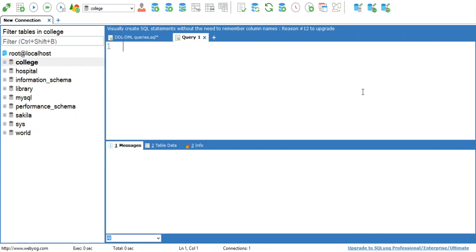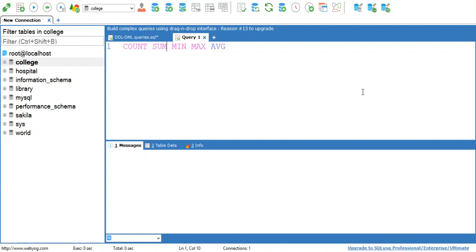So in today's session, we are going to execute queries by using the count function. These are the aggregate functions: count, sum, min, max, and average, that is AVG. So these are the aggregate functions in MySQL. Count function is used to count the number of rows with some condition.